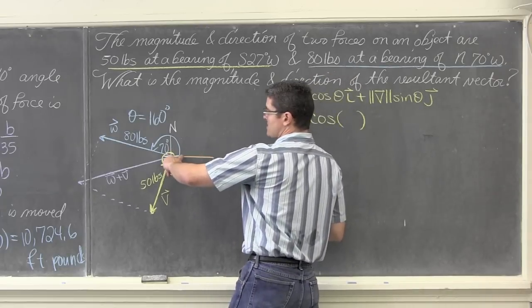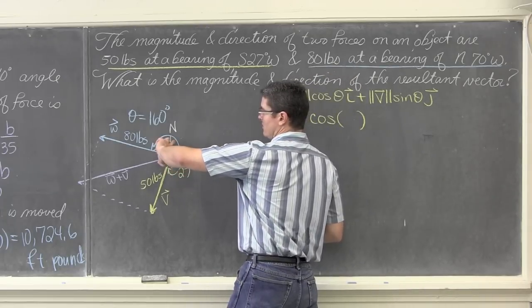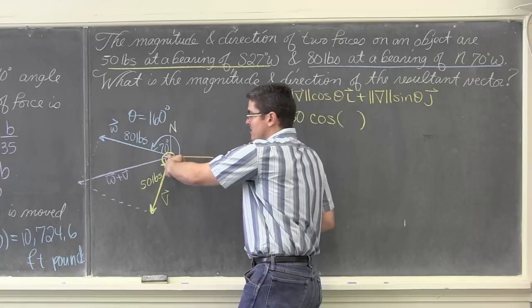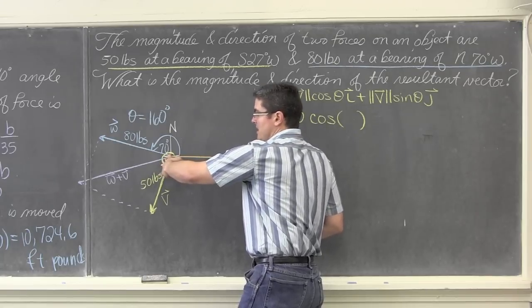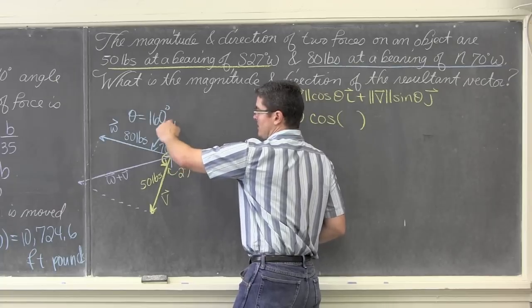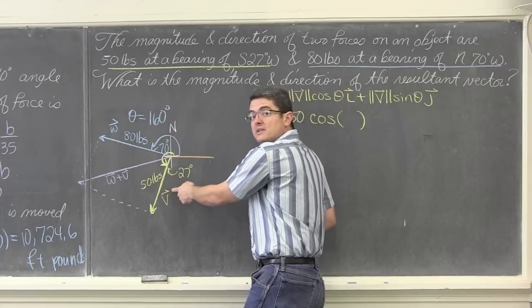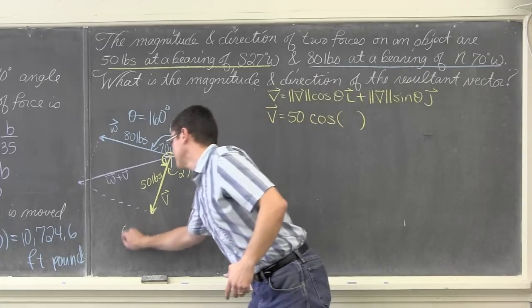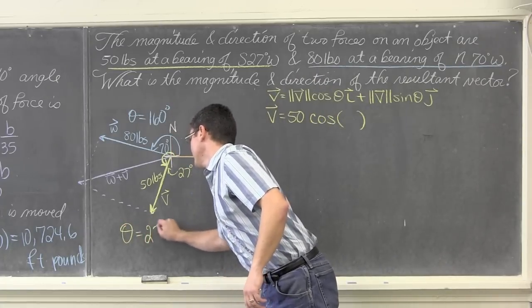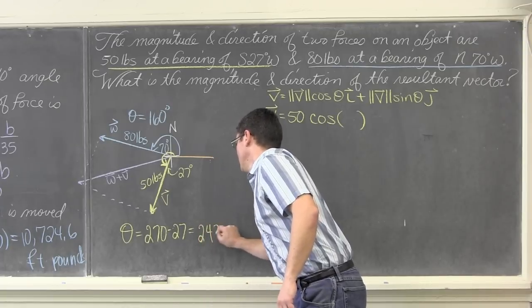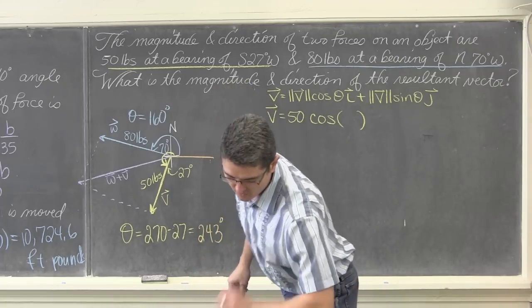Well, it's 90, 180, 270, but I didn't quite make it to the south line. It's 270 minus 27, right? So again, standard position rotation, 0, 90, 180, not quite to 270. I'm shy of 270 by 27 degrees. So for this angle, theta is going to be 270 minus 27, which is 243. Let me just double check that. Don't want to make a mistake.